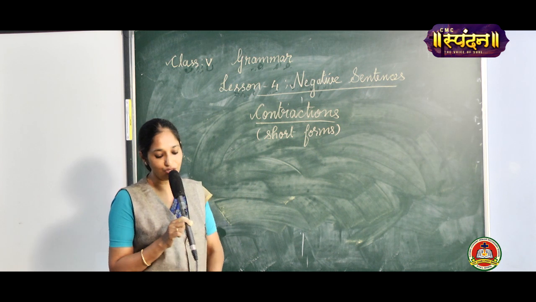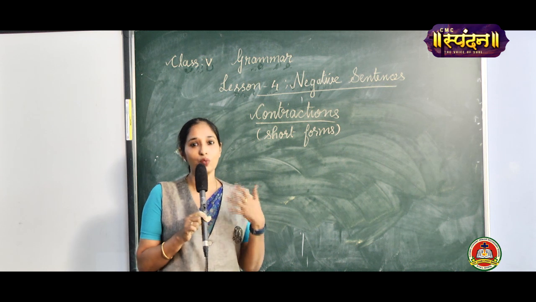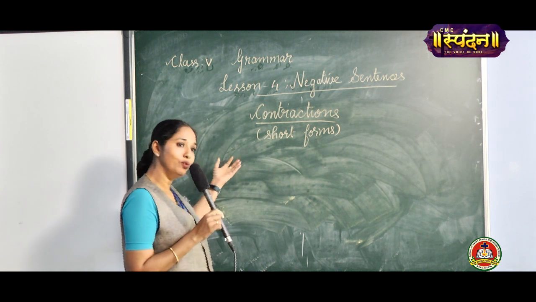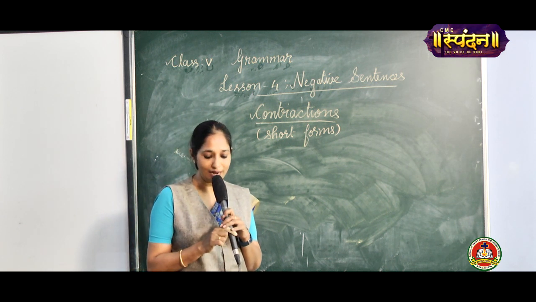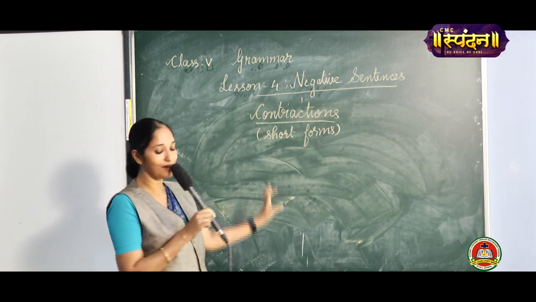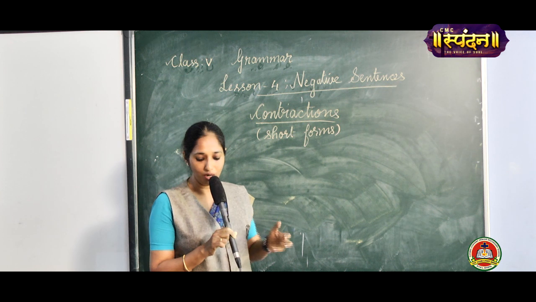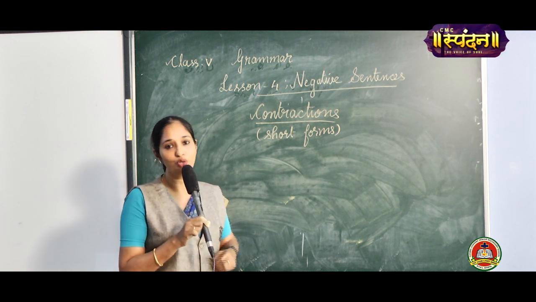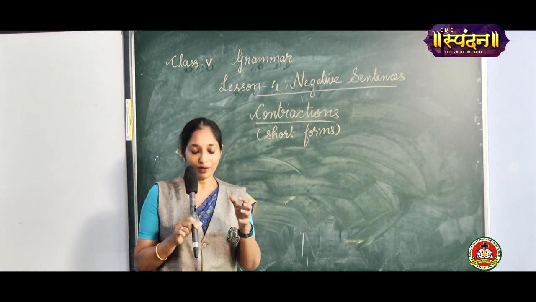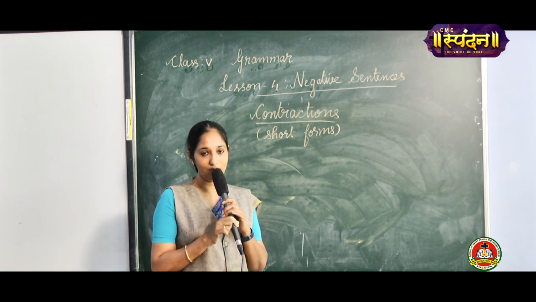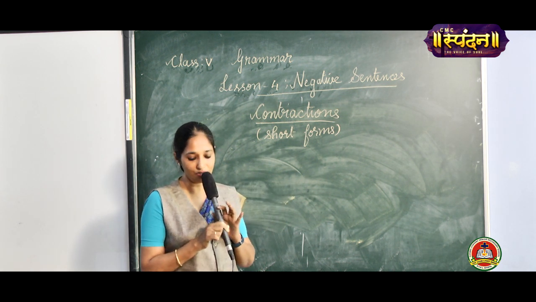Okay, and why do we use contractions in English? We use contractions to make the language more impressive, or to make our spoken language, when we use dialogues and all, more impressive. When we use contractions, our speech becomes more impressive and more attractive. And what is a contraction? A contraction is a shortened word made by putting two words together, and when we put two words together we need to omit certain letters. So let's try to look at a few negative contractions.